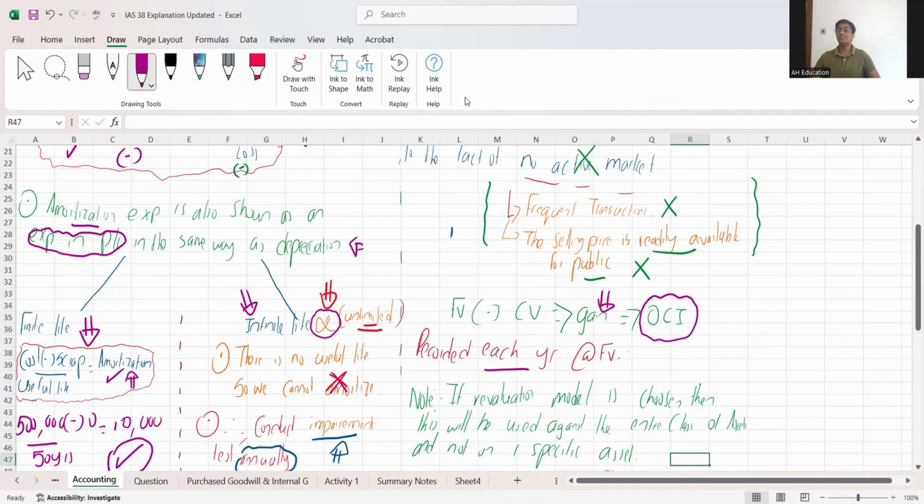Okay. So in simple terms, in the revaluation model, you all need to find out if there is any revaluation gain or loss. If there's a gain, take it to your other comprehensive income, right? This is done at each reporting date. At each reporting period, you will be doing it. How do you calculate the revaluation gain? It is simple. You compare your book value, which is your carrying value, with the year end fair value or market value. If there is a gain, that is taken to your other comprehensive income.